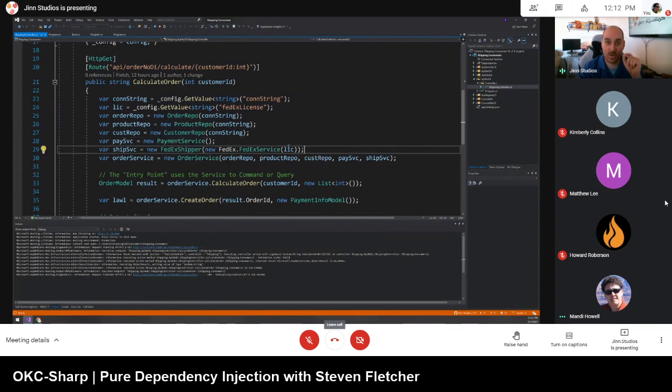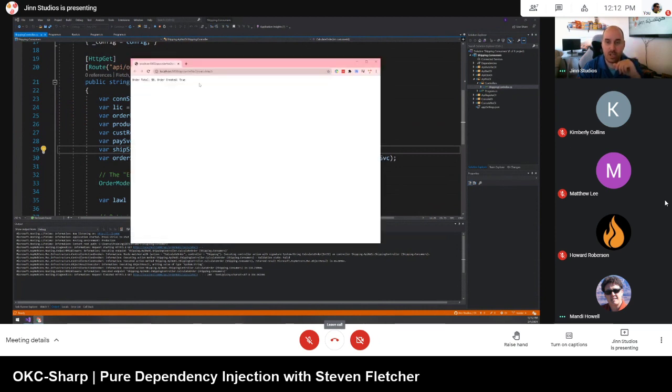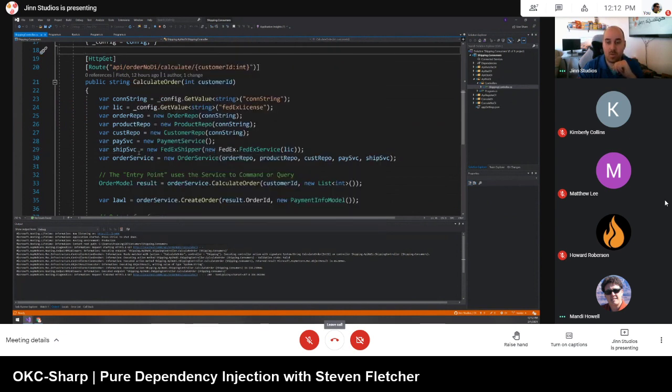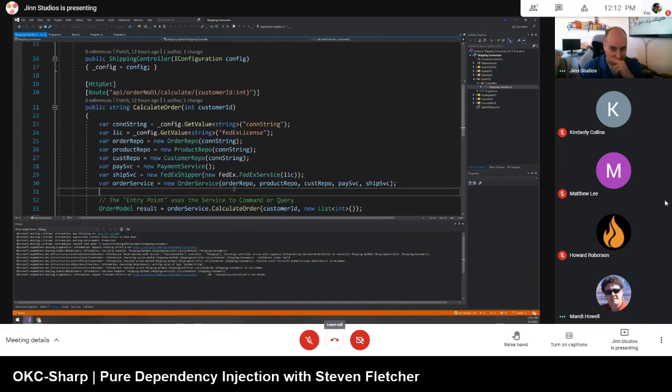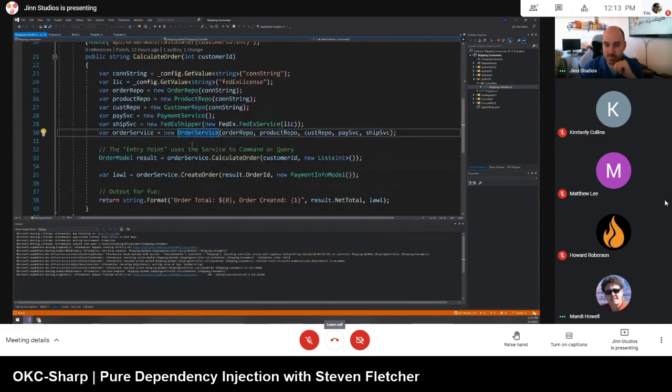And this is actually okay. I called it no DI. I should have called it the latest DI, as late as you should possibly go. You can see it works perfectly fine. API, order no DI, calculate customer ID 3. What I'm doing here is I'm saying this is the only place in my entire code where I am using the order service. And so this is the earliest possible place that I know where I can hit this and